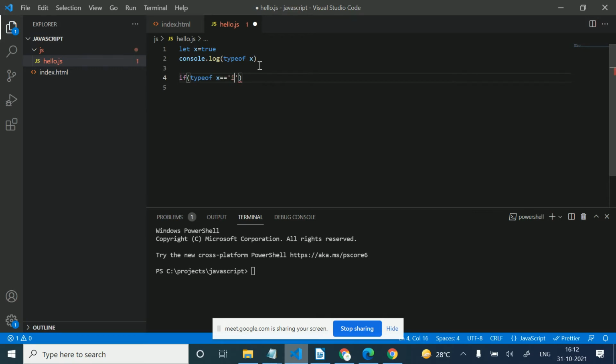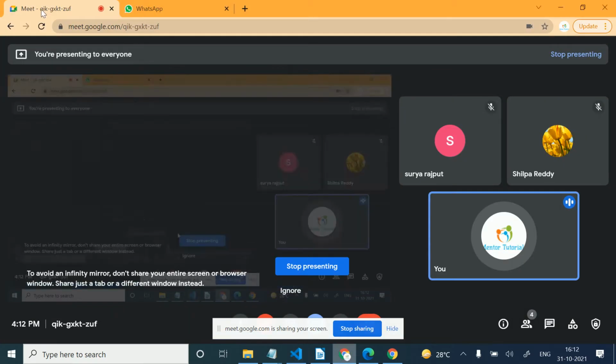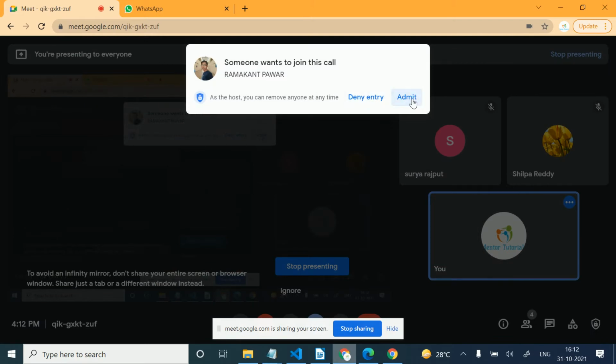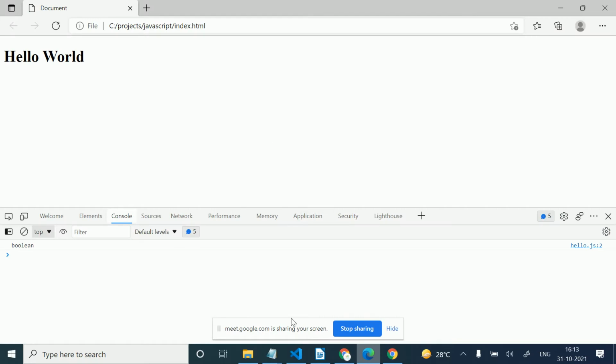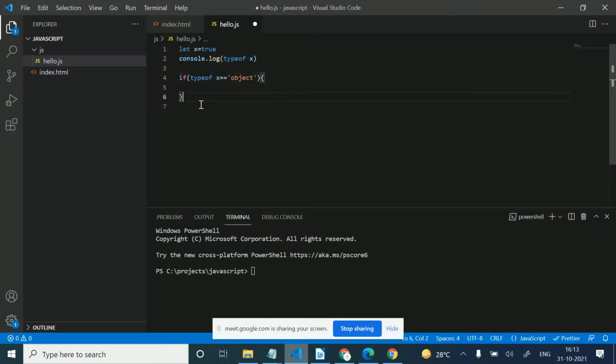These types of conditions we mostly use in our development, when we want to know whether our x is an array, a value, or an object. So these types of conditions we mostly use for arrays and objects. With typeof, we can get the type of any variable in JavaScript.